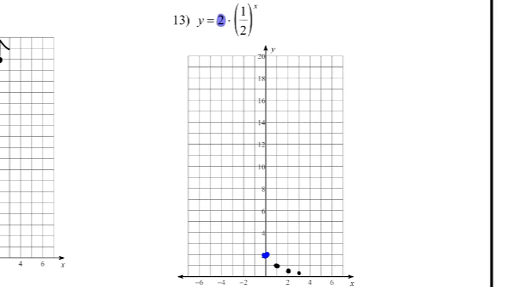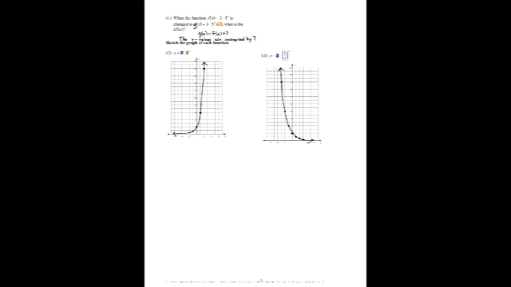And now you can see it's just going to be getting closer and closer to that x-axis. And we move to the left one. Dividing by 1/2 is the same as multiplying by 2. So 2 times 2 is 4, times 2 is 8, times 2 is 16. And then we're going to be going off of the graph there, so it gets really big as we move to the left there. Now if we connect all those, it's going to go off like that. And that is the last one for these